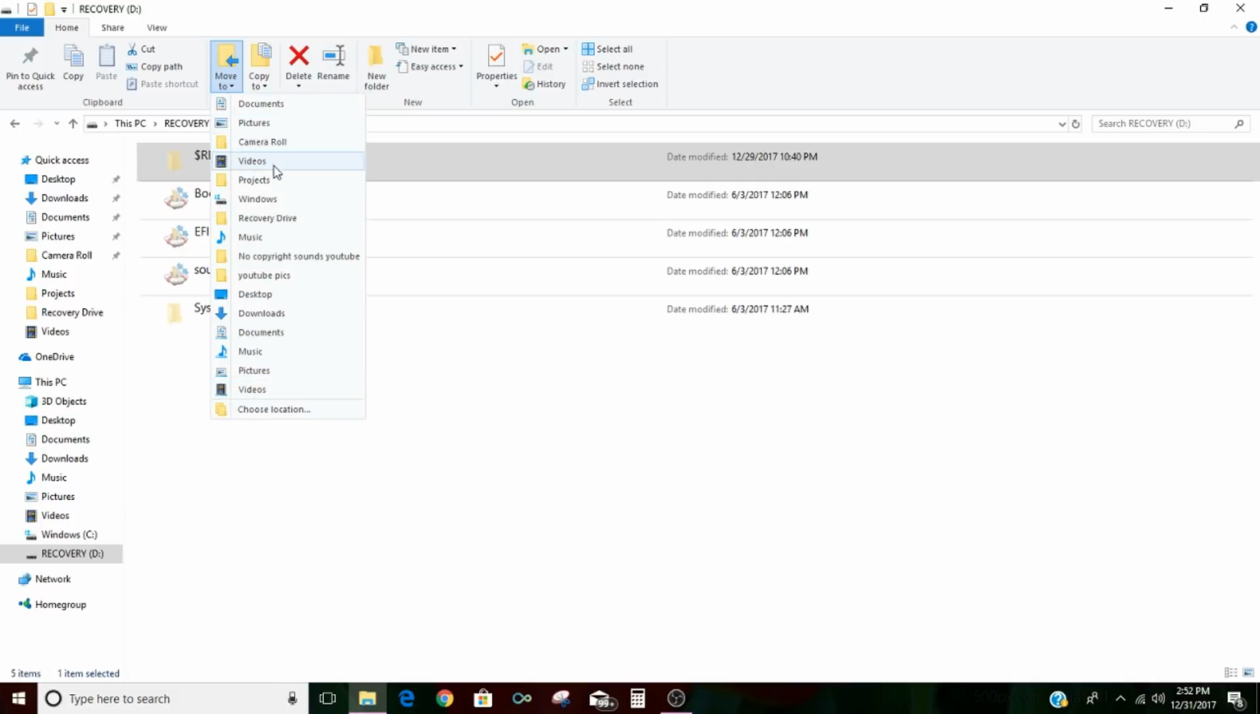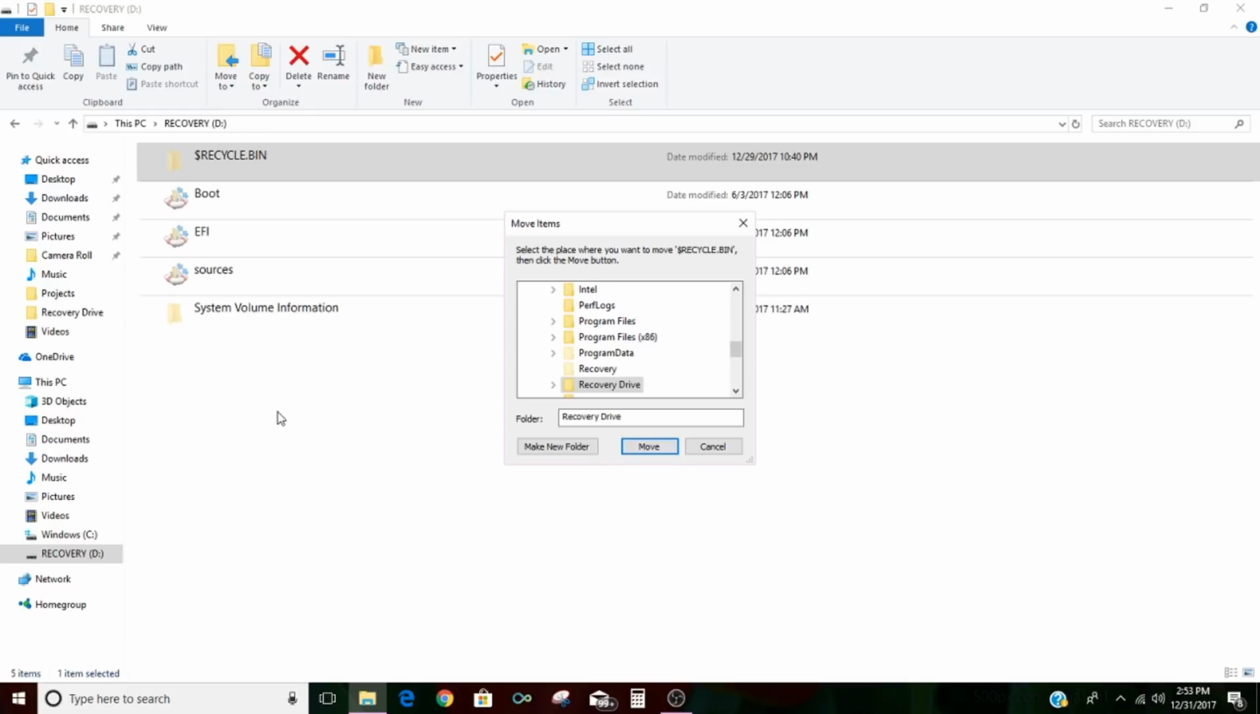And if you look through it, you want to go to the bottom, and it says choose location. Okay, so you're going to open it up. You're going to click it, and then it's going to open up, and at the top of that window, it's going to say move items. So here you open up,